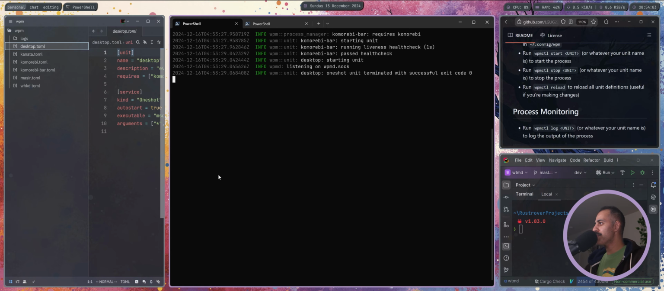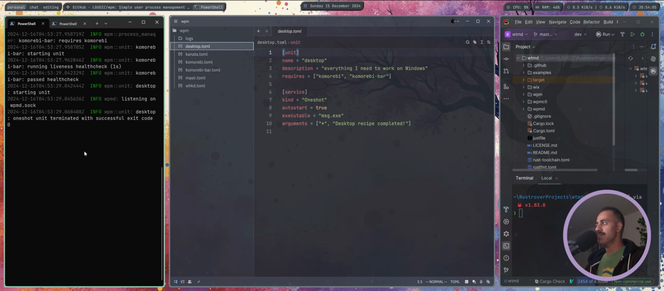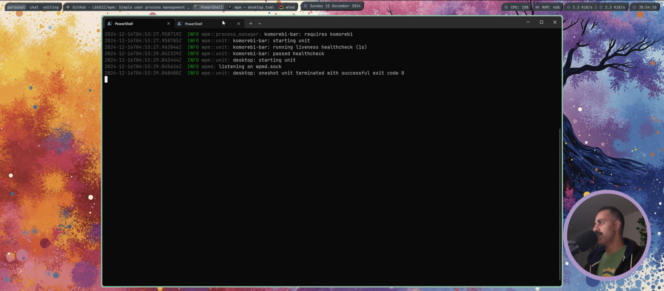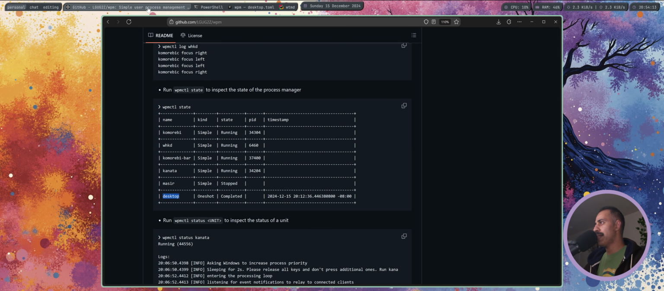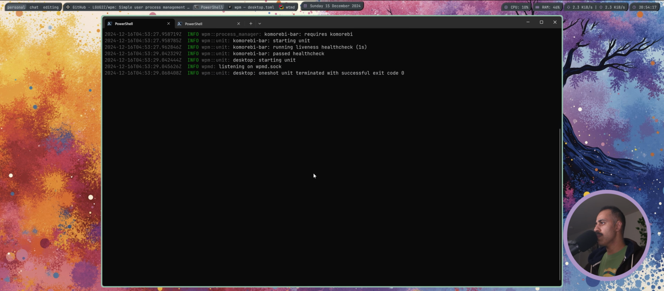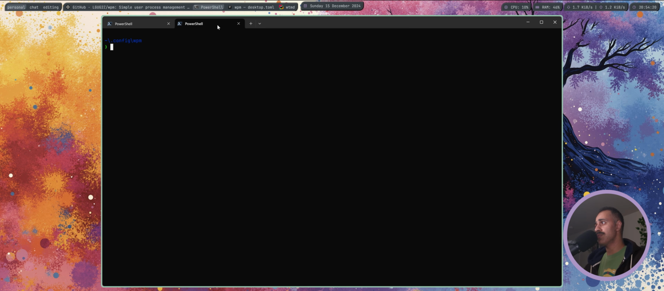There are some monitoring related commands as well, so why don't we just get some more space here. And we can take a look at the monitoring commands. What were they? So you can tail logs actually, which is really cool. This is a really powerful thing for me because I hate having to restart processes in the foreground just to see logs. So for example, WHKD is now running in the background, so I can do WPM control log